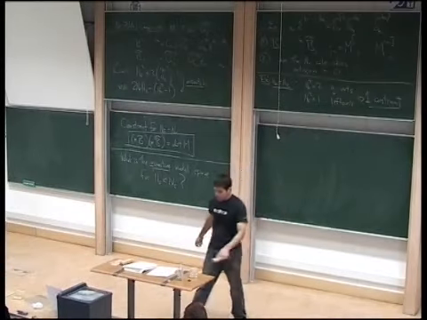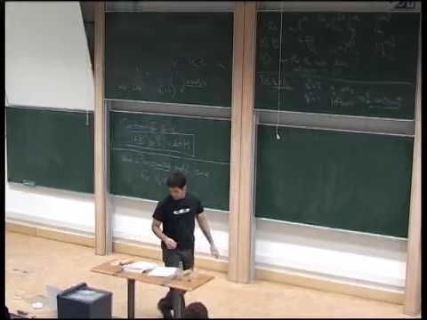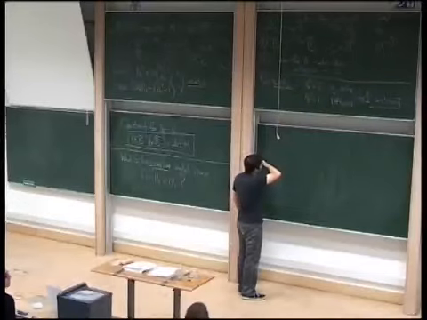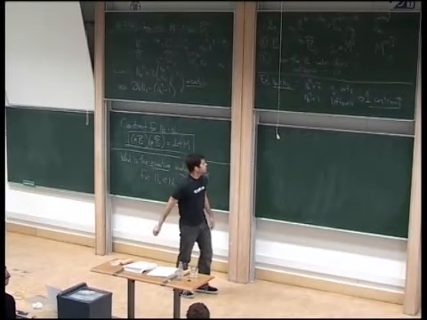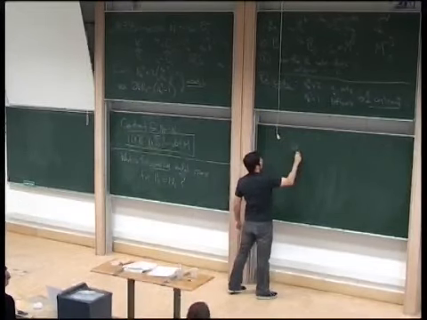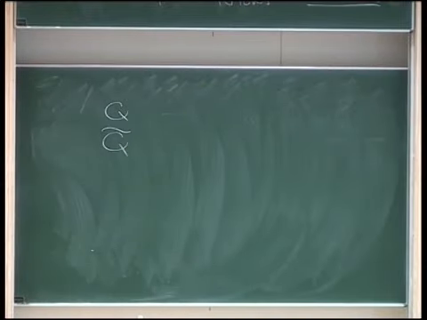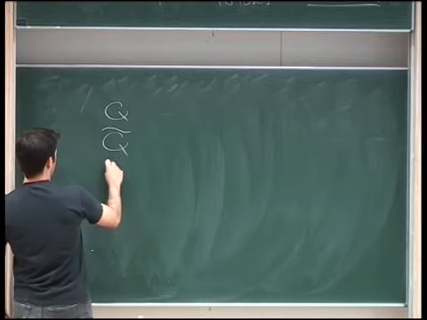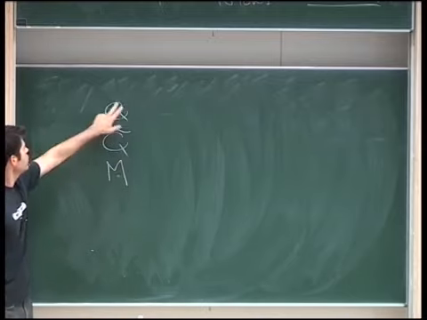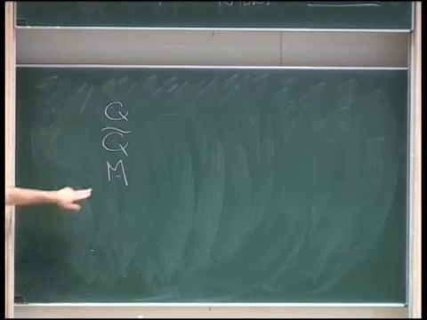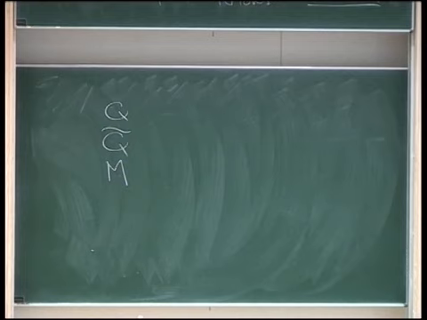OK, so let's see, what do I want to do? Right, good. So what are my fields in this picture? I've got Q's and Q twiddles. I've got M's, which are the product of those two guys. Now, just like I did in the first lecture, I have another object in here that I can think of as